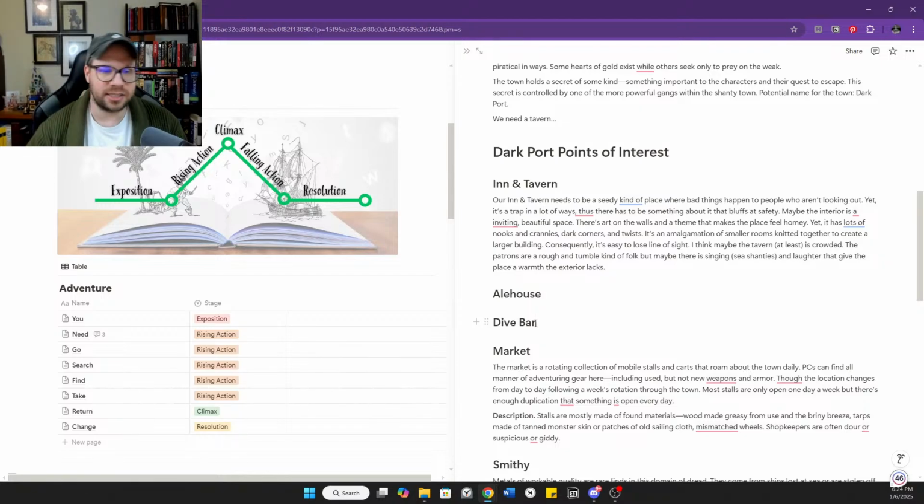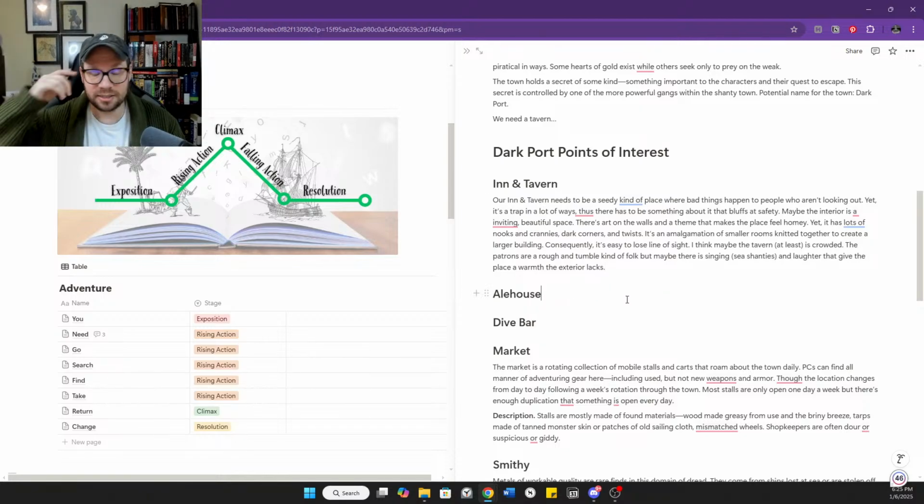And you can write all that kind of stuff out, absolutely. If it helps you, I would encourage you to do that. I find I write the vibe that I want in a place, and then I will imagine, when I go to run the adventure, the action that's happening in there. Now, if there's something in particular that I want to place in there, like rough and tumble sailors singing sea shanties, I will note that down as well.